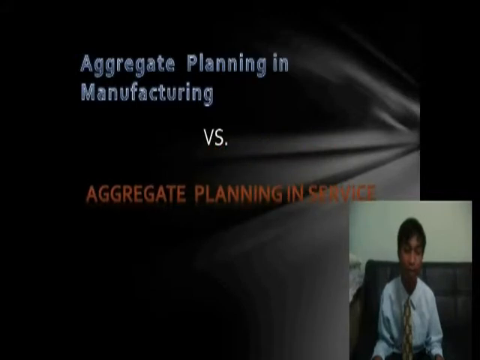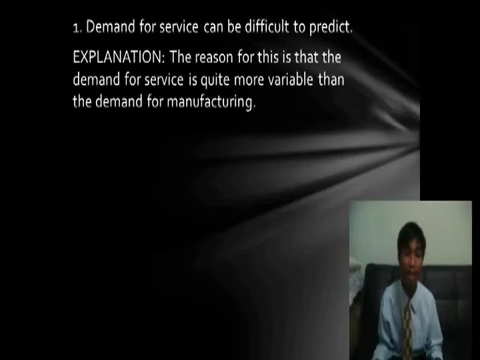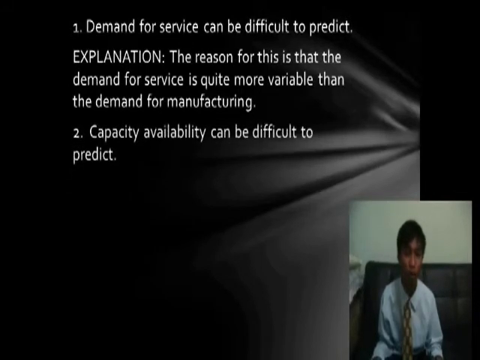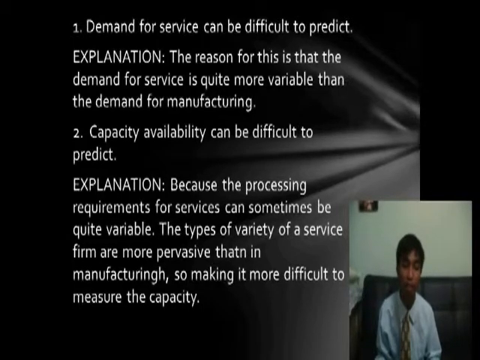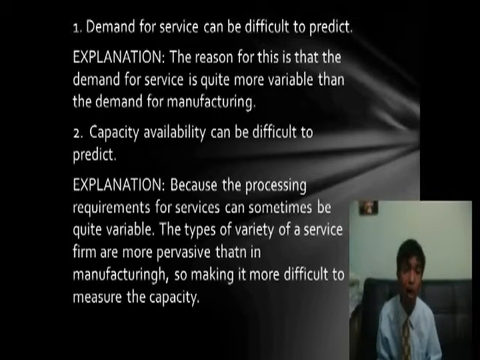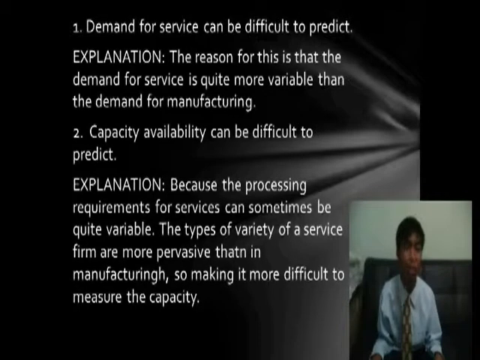Manufacturing aggregate planning versus aggregate planning in services. First, demand for service can be difficult to predict. The reason for this is that the demand for service is quite more variable than the demand for manufacturing. Second, capacity availability can be difficult to predict because the processing requirements for services can sometimes be quite variable. The types of variety of a service firm are more pervasive than in manufacturing, making it more difficult